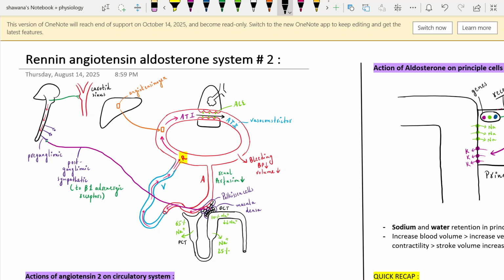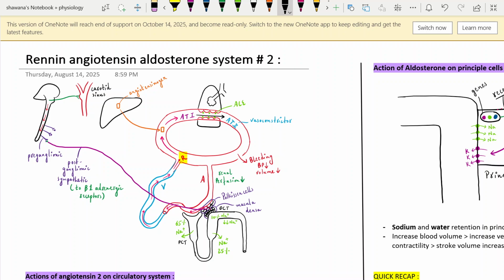So let's revise according to this diagram. Under the pressure reduction inside the systemic circulation, renin is triggered. Under the influence of the sympathetic nervous system, renin is triggered. And in response to low sodium levels reaching the macula densa cells, renin is triggered. Basically, renin helps angiotensinogen convert into angiotensin 1, which flows along the pulmonary circulation